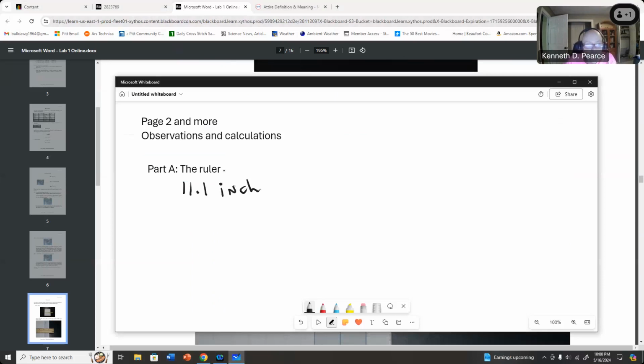It's very important to include units. Always include units. All right. The reason you want to always include units is, well, this whole first section here has you doing inches and centimeters and millimeters. Which one's which? Well, it's 11.1 inches. And we go back to